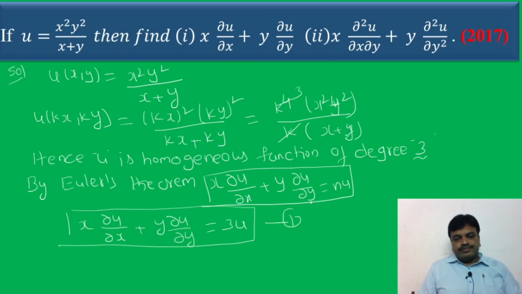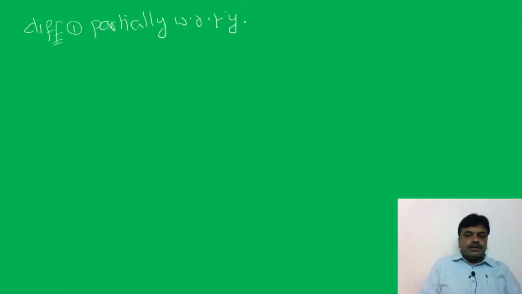So, this is 1. Now, if you observe the second one here, friends, x ∂²u/∂x∂y + y ∂²u/∂y². That means what he has done here? Come on, guess. What he has done here? Simply he differentiates this equation partially with respect to y, friends. So, right here, differentiate 1 partially with respect to y, we get,